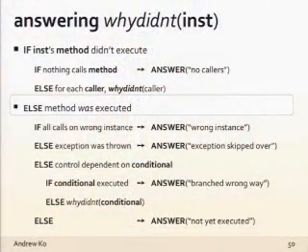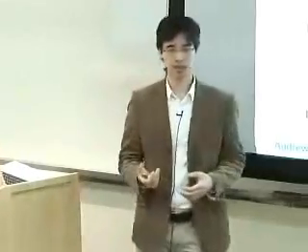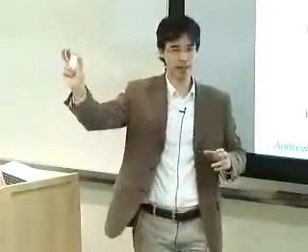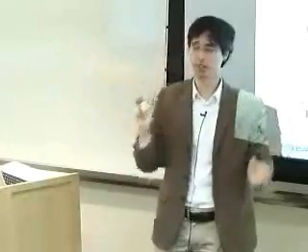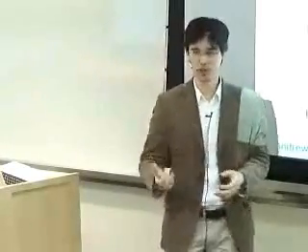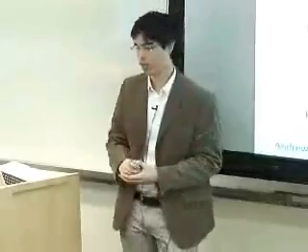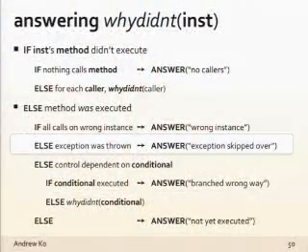If the method was executed, there are lots of different reasons why the instruction inside of it wasn't reached. One is that maybe the method was called on the wrong instance. So if we were talking about this button, but there was a call on another button, then it's going to ignore those calls. In some cases, it's because you've referenced the wrong variable, and so you're calling on the wrong object. An exception might also have been thrown, which jumped over the desired instruction.